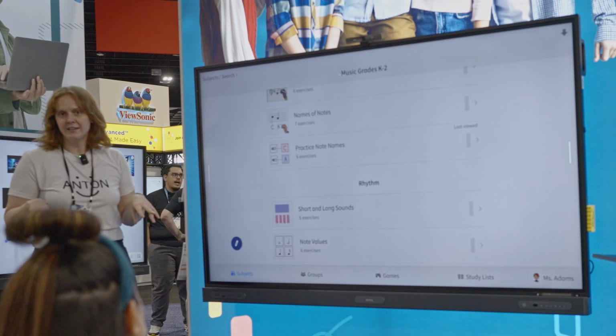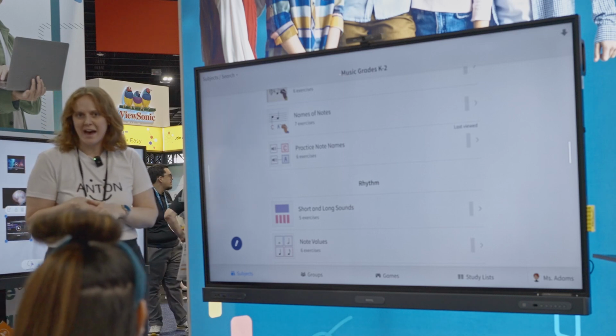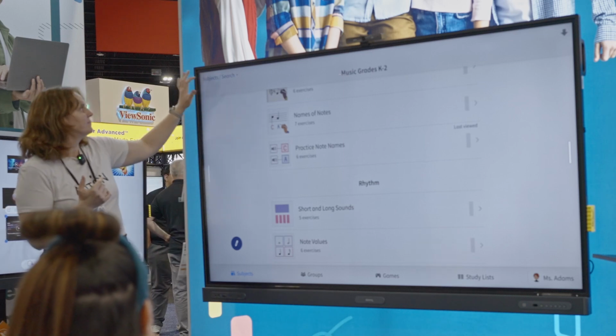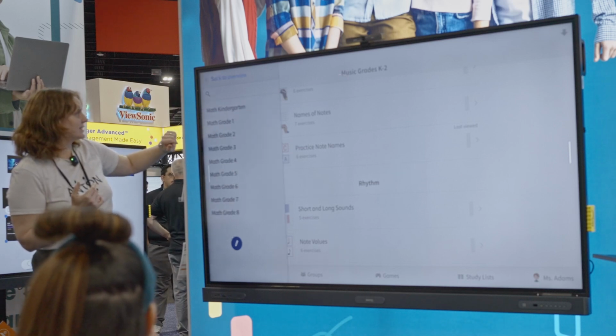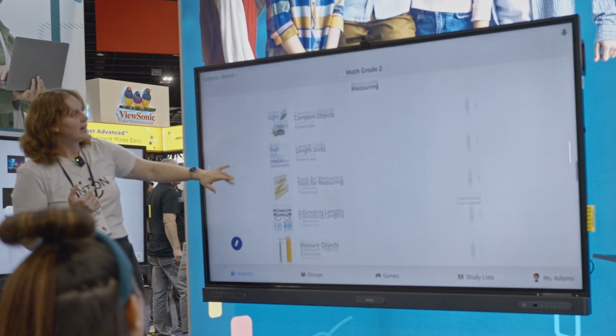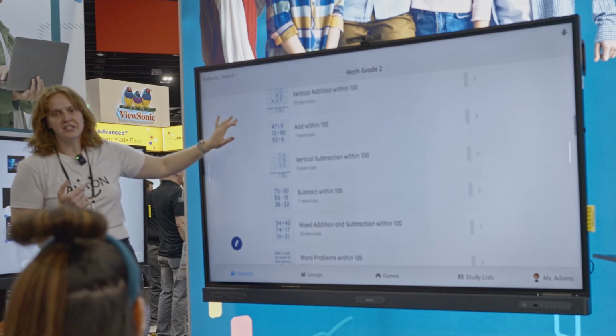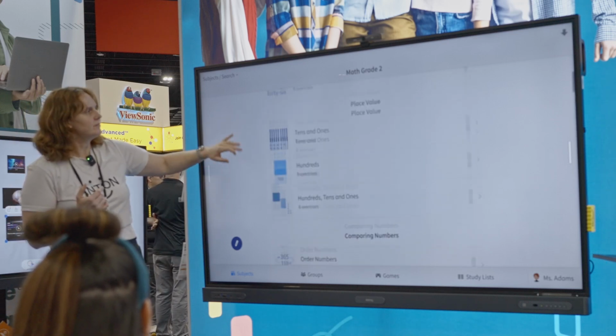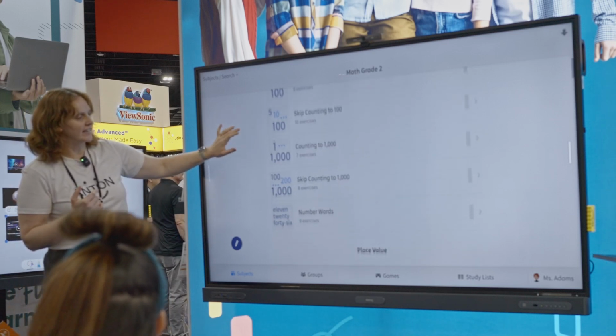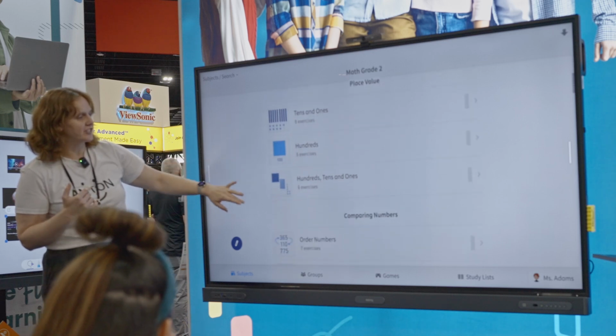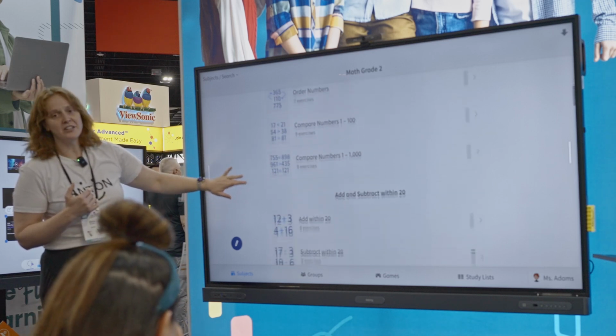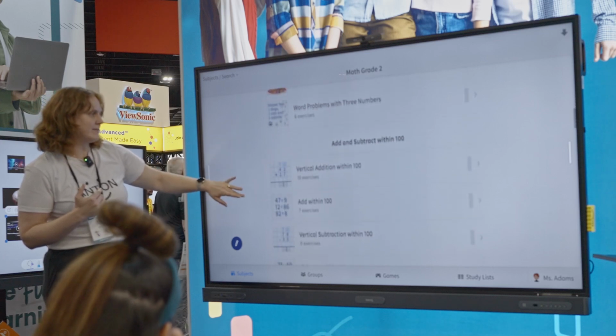Maybe math or reading. Would you be interested in math or reading? Okay, let's go. Second grade math. Again, we're completely aligned to state standards. So this is all of our content in math for second grade. It's a lot. So maybe